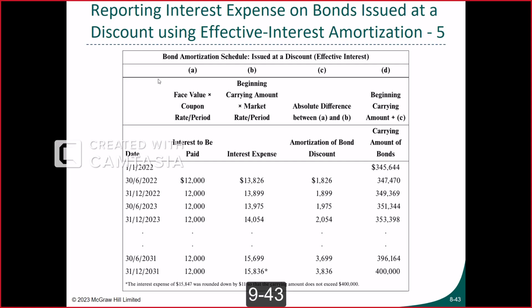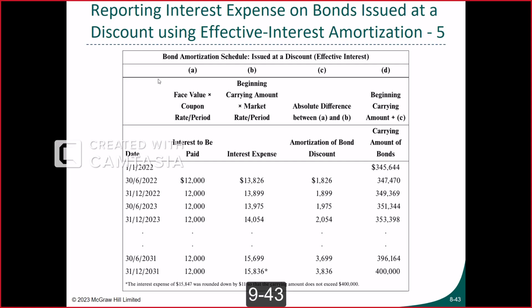The fact that we collected less than the principal is an expense, and the total amount of that expense will be spread over the full period of the loan. So how do we calculate the amortization of the bond discount? Simply by calculating the difference between the interest expense and the interest paid: 13,000 minus 12,000,